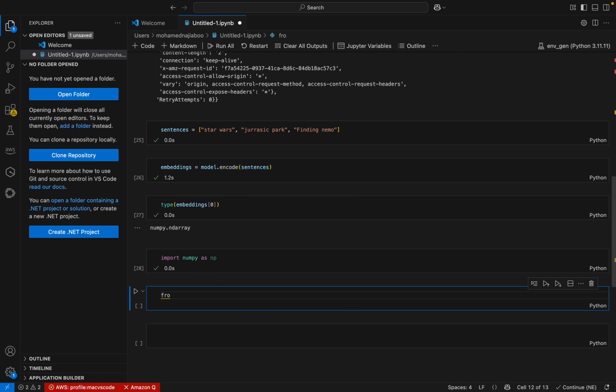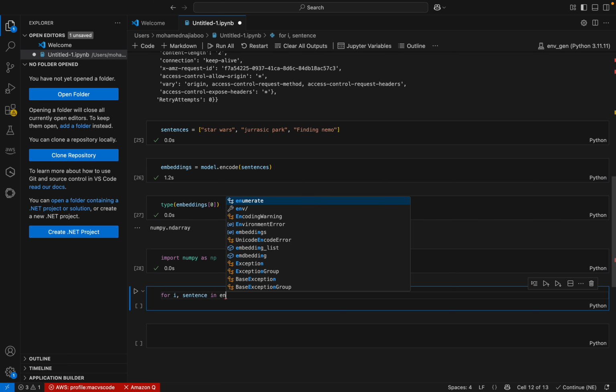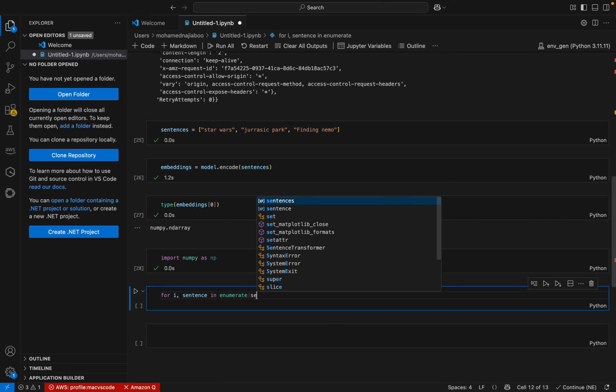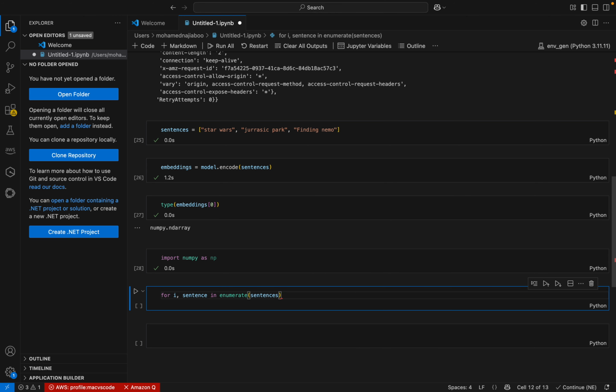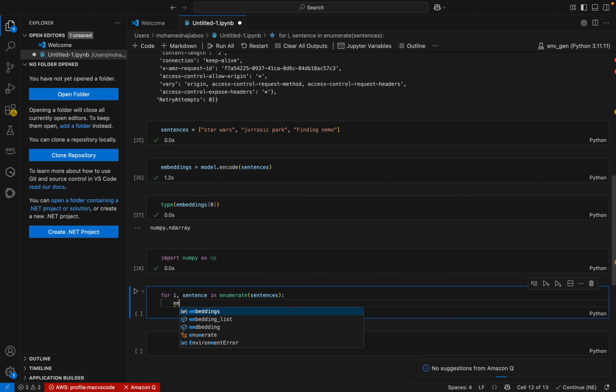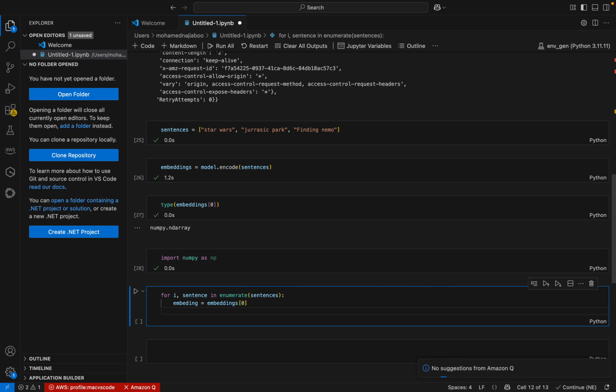I can use for i, sentence in enumerate sentences. So let's take the first embedding. Embedding will be, I can take the first embedding. So this is the first embedding. We need to convert this embedding to float,